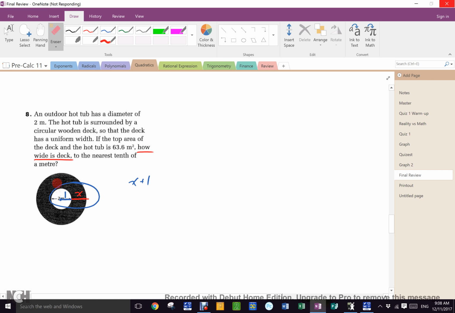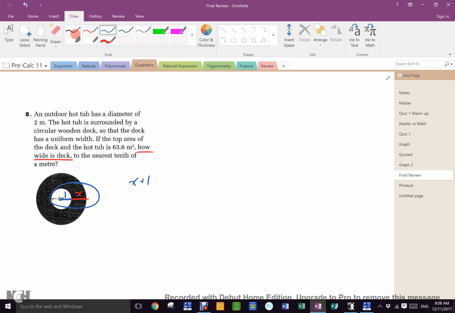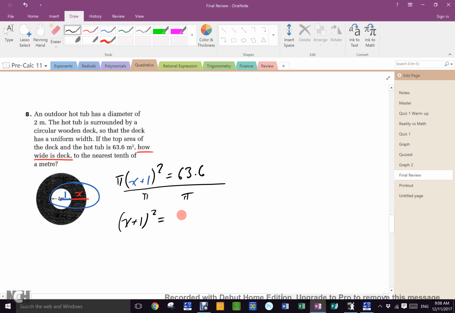So he knows that pi times the radius squared equals 63.6, right? So he's got to get the x by itself, yeah? So he should have divided both sides by pi and gotten x plus 1 squared equaled